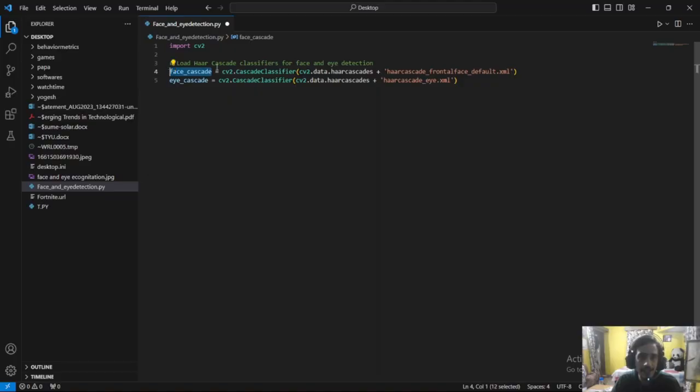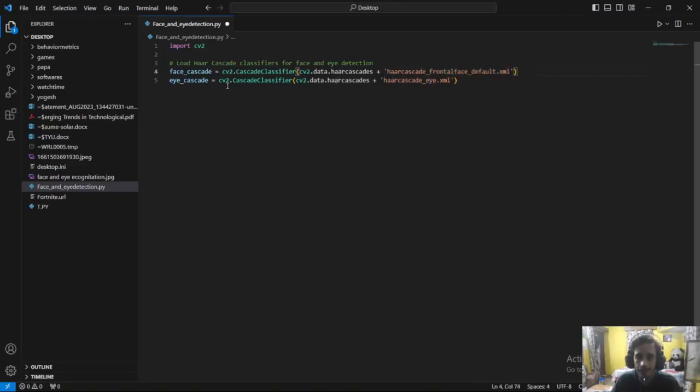In face cascade, we will make a CascadeClassifier from the cv2 library. So it is cv2.data.haarcascades, a data set in which our XML files are stored in cv2, and